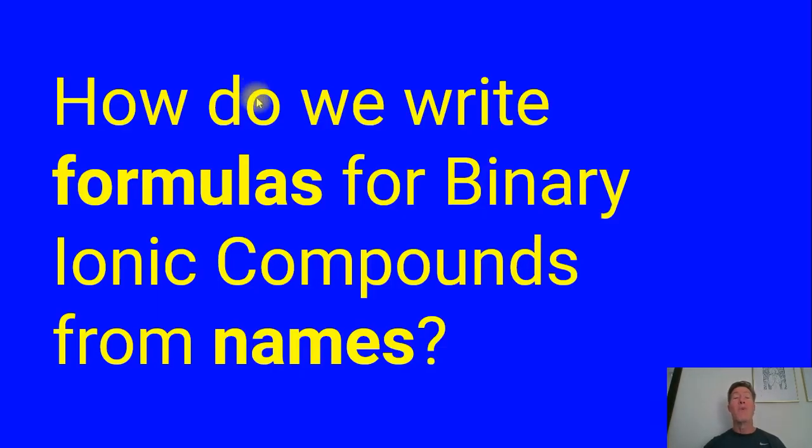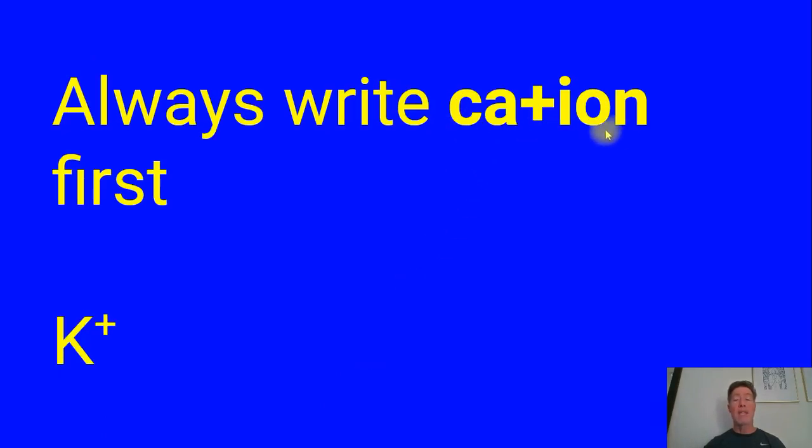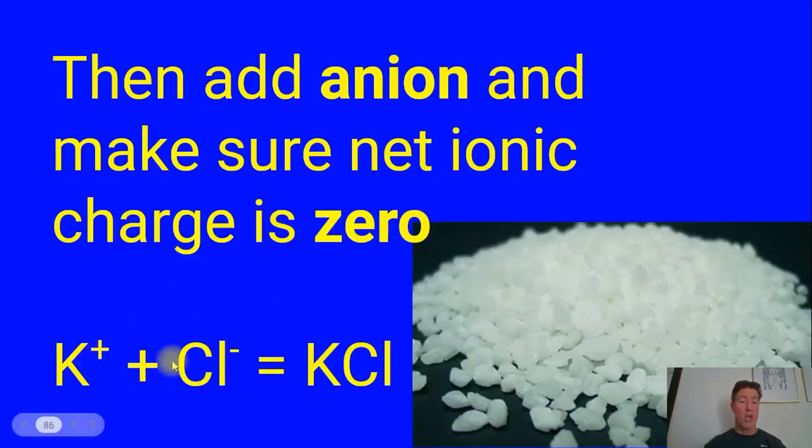How do we write formulas for binary ionic compounds from their names? Starting with a name, how do we write a formula? So for example, how do we write a chemical formula for potassium chloride, which is an ionic compound composed of potassium ions, cations, and chloride, negative charge, anions? Well, we always write the cation first. Remember that. Cation first. So we're going to put the cation down with its charge, and then we're going to put the anion down with its charge, and then we're going to make sure that the net ionic charges come to 0,